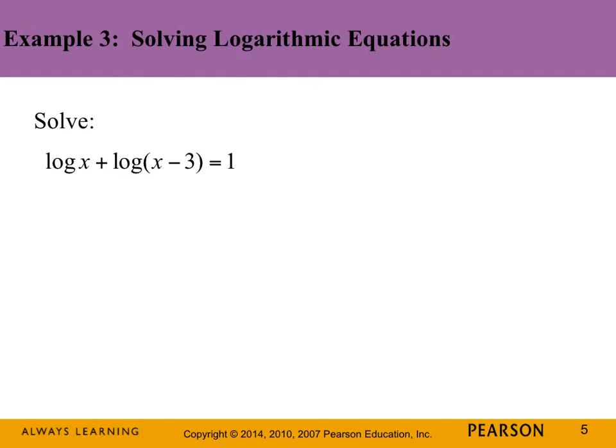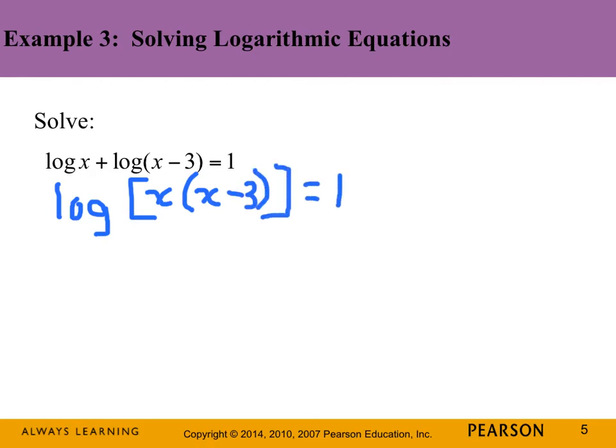Okay, so on the third part of example 3, on the left-hand side, we need to rewrite this as a single logarithm. So when we condense this, we'll have log of x times a quantity, x minus 3, okay, we're using the product rule, equals 1. Now, if no base is written and it's a log, remember that's really base 10. So rewriting this in exponential form,